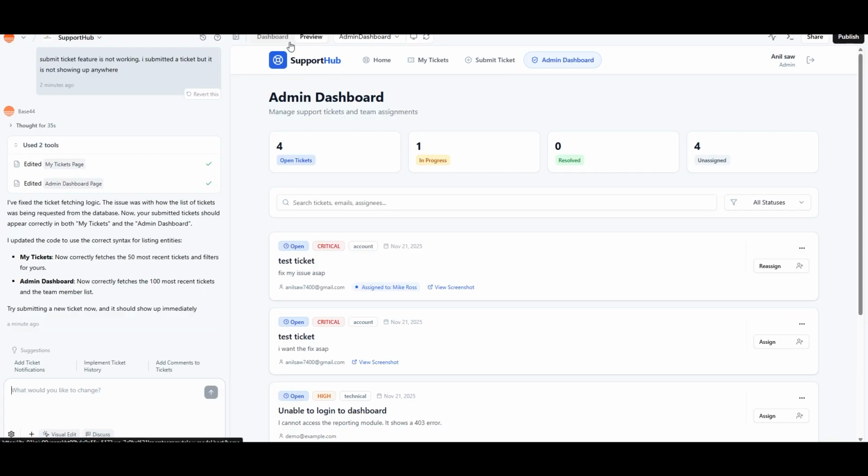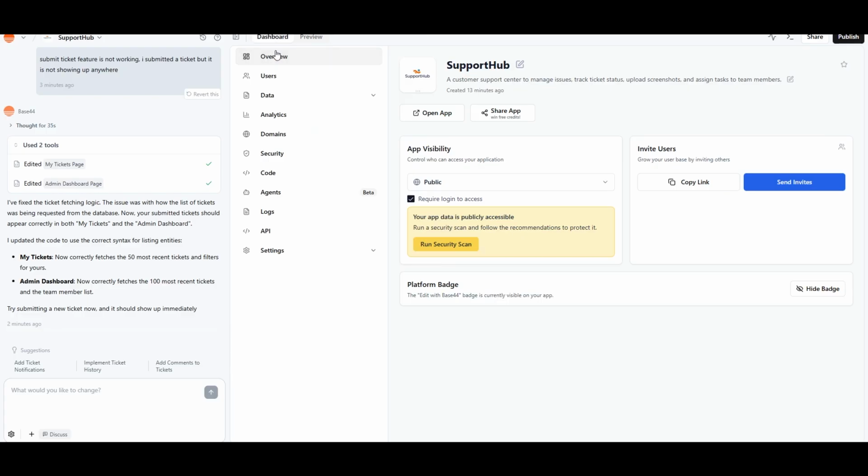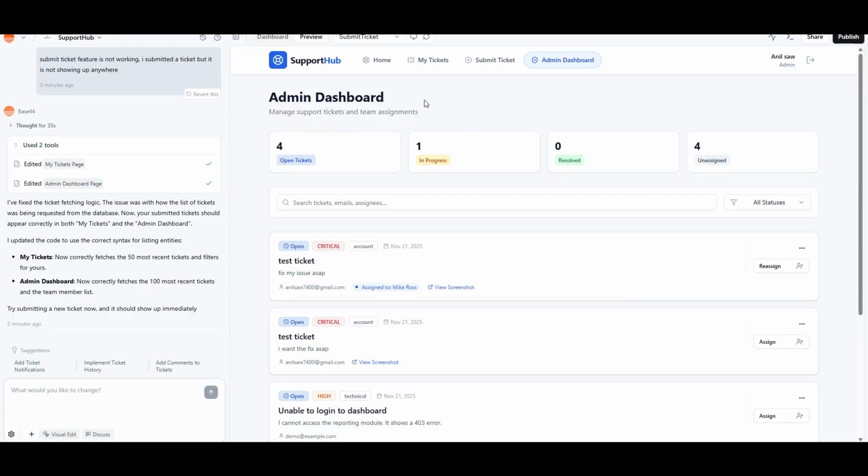Your dashboard inside Base44, so if you just go to your dashboard, is like your home base. It organizes data, app settings, analytics, permissions, and other controls. The layout may look different depending on your plan, but the essential part stays the same. One of the places you will visit often is the overview tab. So this is our overview, and if I want to open the app, I can open it directly from here,